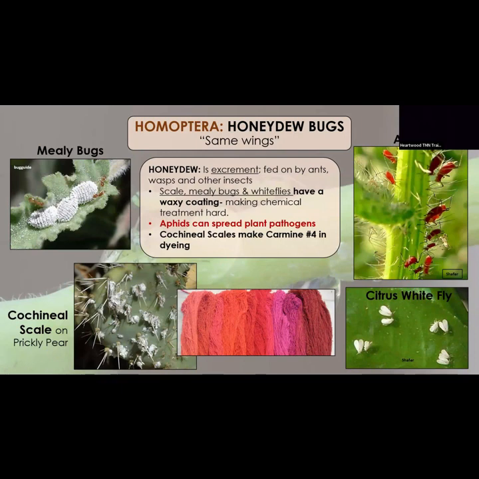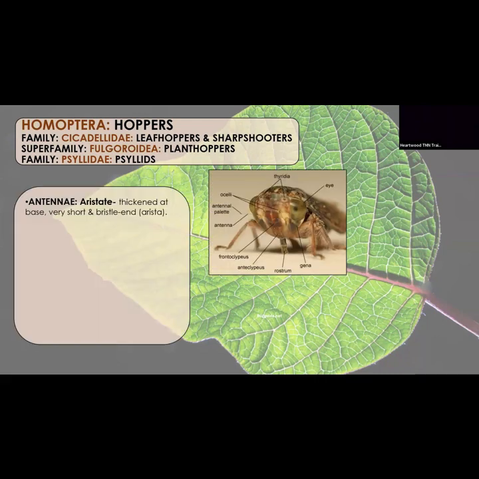And then the cochineal scales, they're known for that carmine number 4. That's why there was this whole thing about natural red dye, and people were like, oh wait, that comes from bugs. That's kind of why people had an existential crisis about it. They're like, we're using bugs for dye. And so there's been a lot of changes.